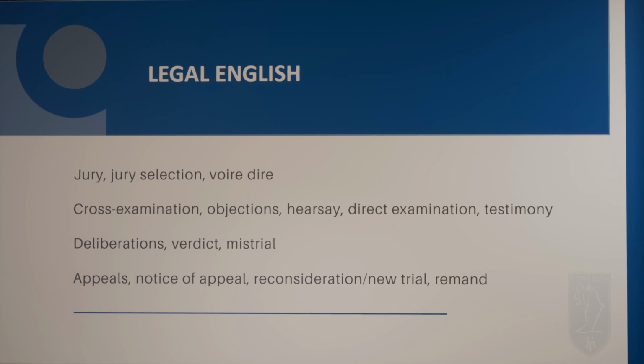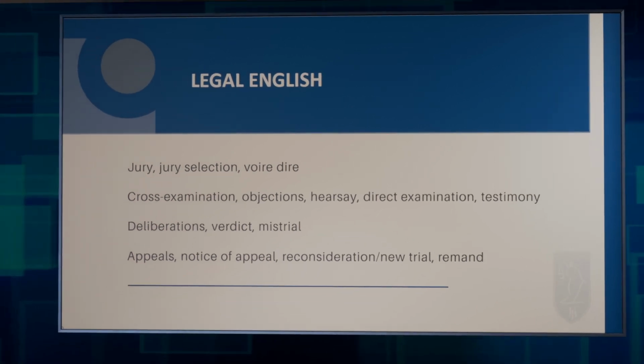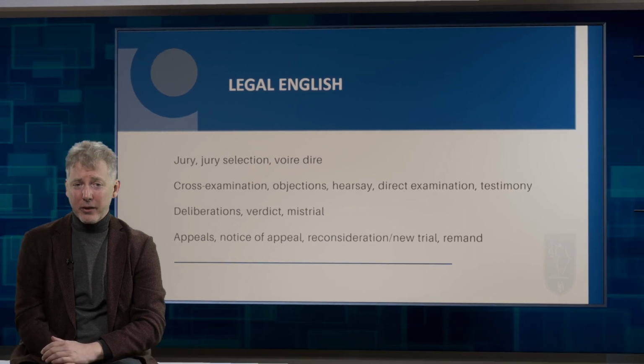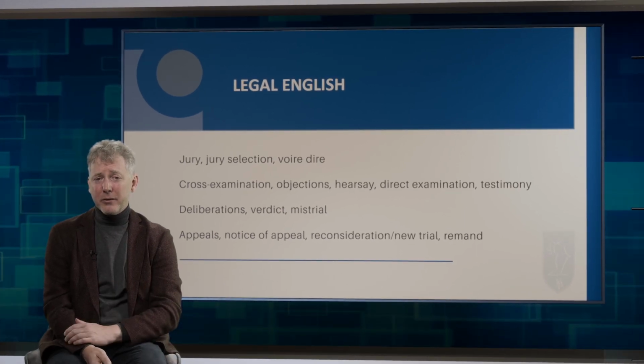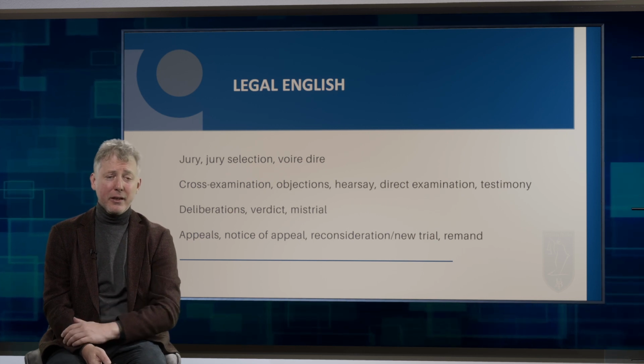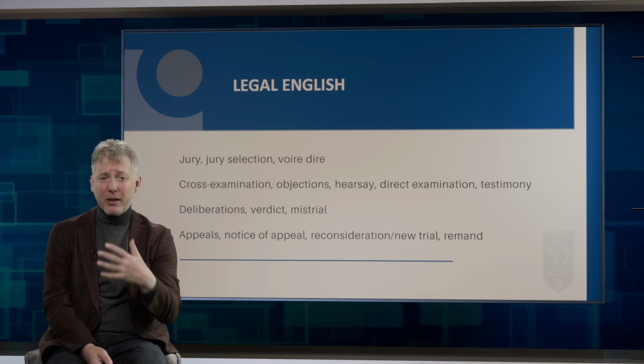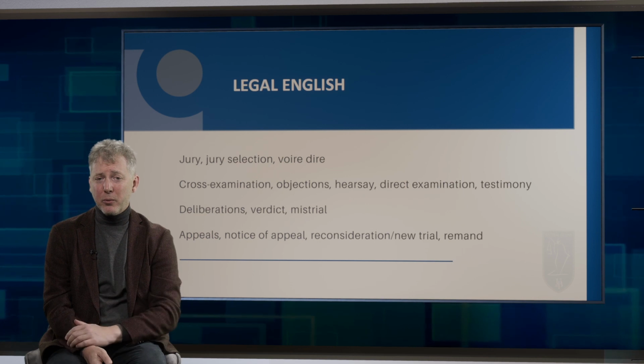The jury deliberates once they've gotten all the information. That means they think about who should win, who should lose the case, and then they would issue a verdict. Basically, this is a decision about who wins and who loses. If it's a civil case, they would also decide how much money or what damages should be awarded to the